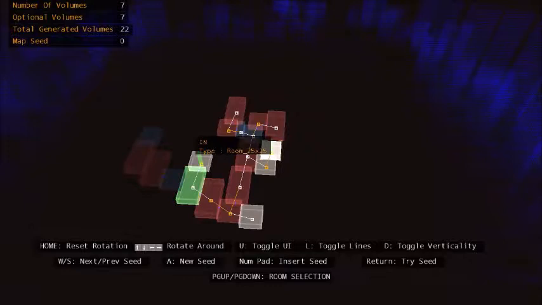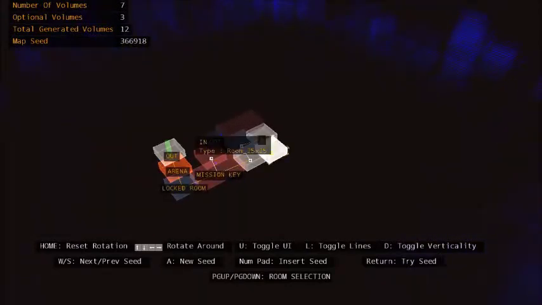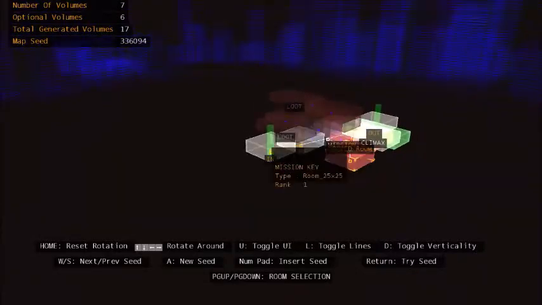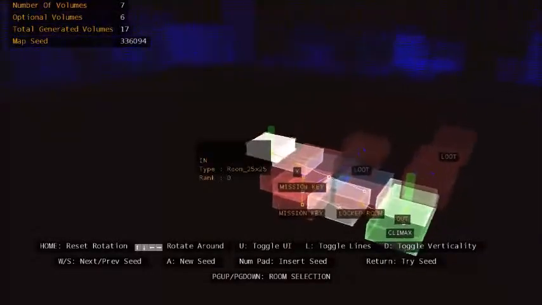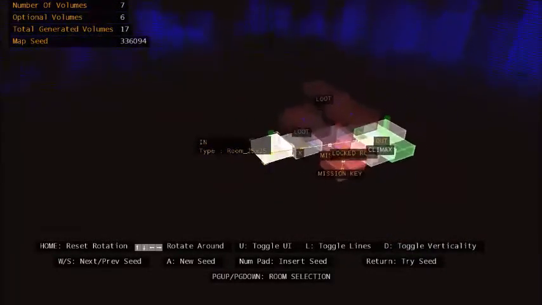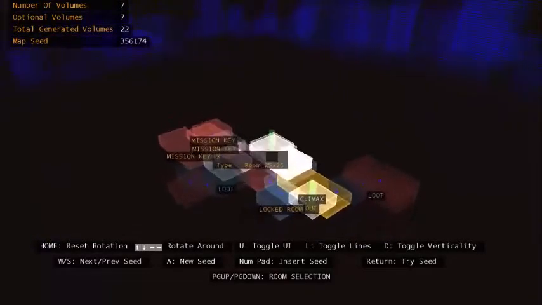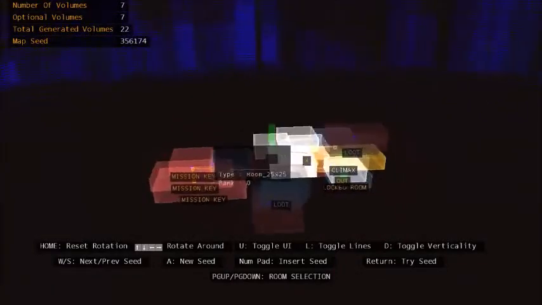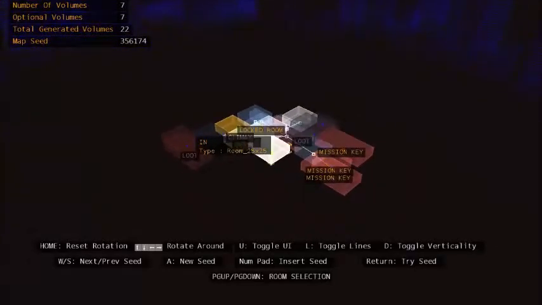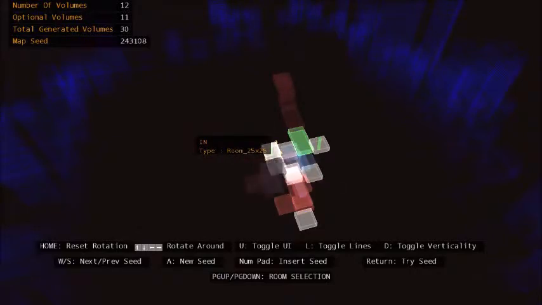This system actually can support also a three-dimensional layout. So if I activate the verticality, you can see that we actually have vertical transition with the usage of real elevators, and this gives a lot of interesting configurations that we can use for space stations and for spaceships, and also for outposts. We can tweak the number of rooms and volumes that we want to use, so the size of these layouts